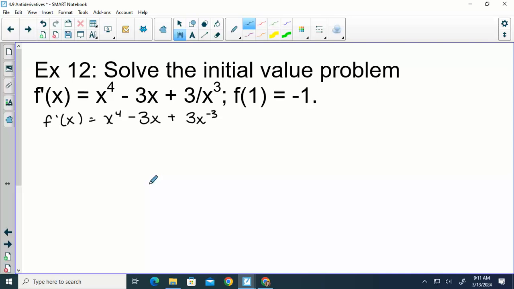So the antiderivative of x to the fourth would be